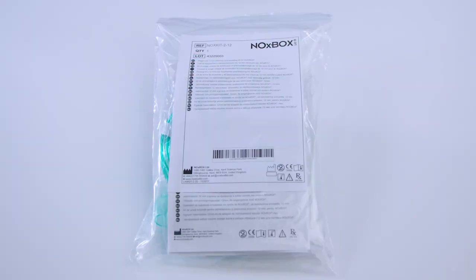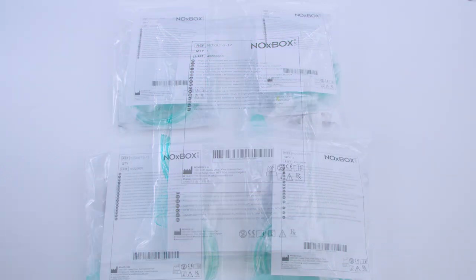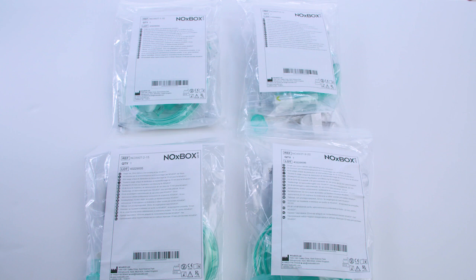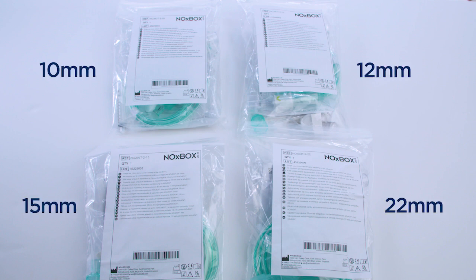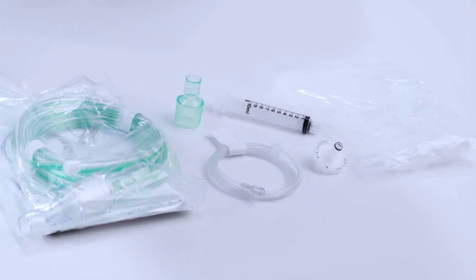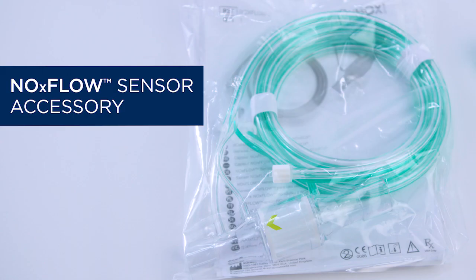Each procedure requires the use of a NOx kit, a single patient-use kit that must be discarded after each use. There are 4 sizes to choose from: 10, 12, 15, and 22 millimeter, depending on your ventilator patient circuit. Each NOx kit contains a NOx flow sensor accessory used to detect the ventilator flow and inject NOx event nitric